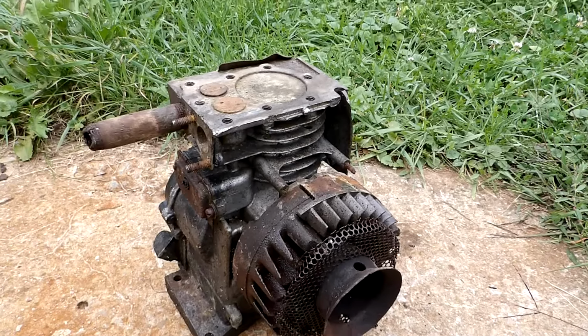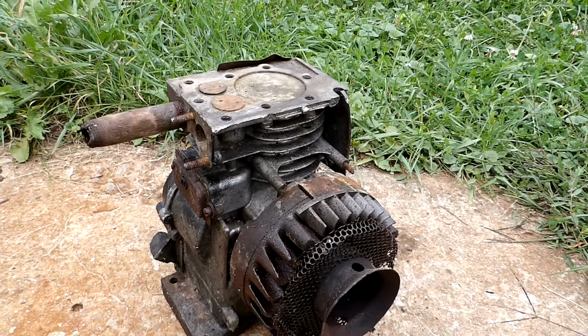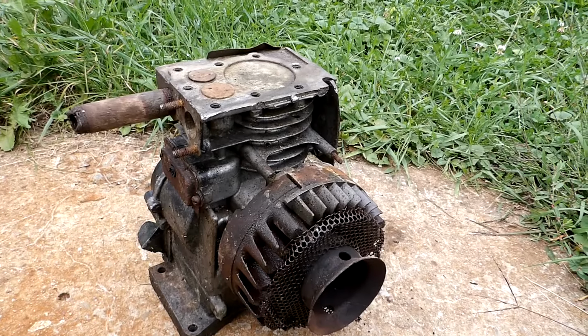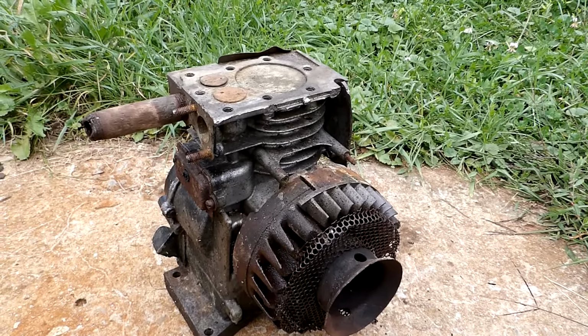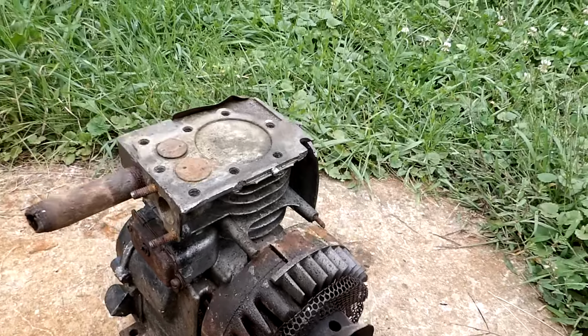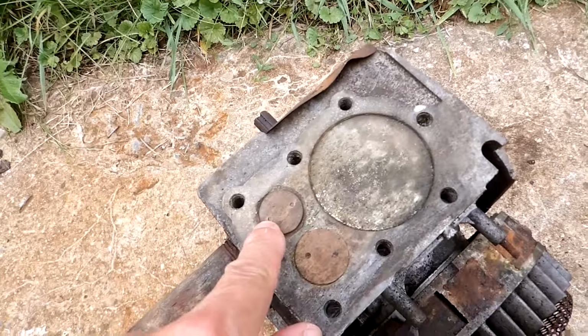So I got an older Briggs at the scrapyard today here. This was all I got, so it's not anywhere near a complete engine. But I'm thinking it's either a give or take 2 or 3 horse. It's around 1960, I'm guessing. You got a few things. You got these little indents in the valves there,